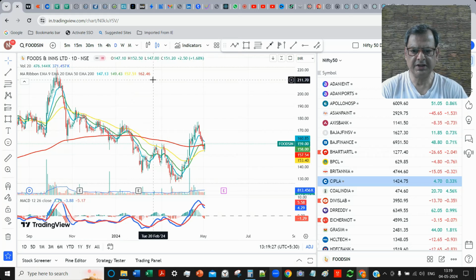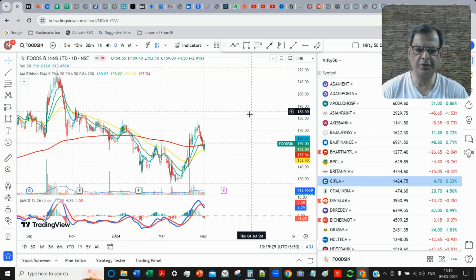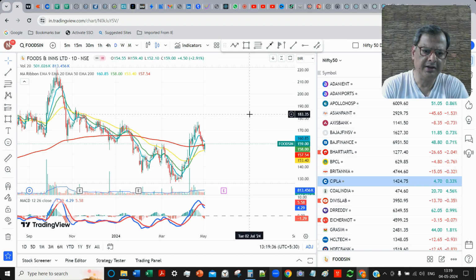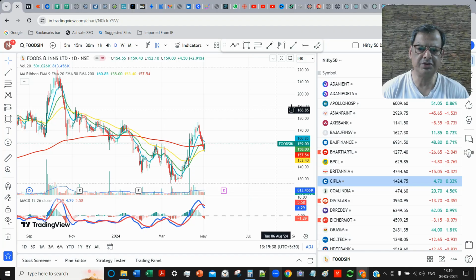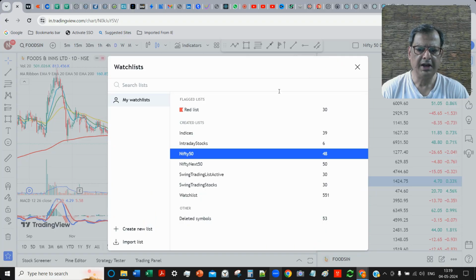So, hello friends, I'm basically going to be showing you how to select stocks for swing trading and intraday trading. When it comes to selecting stocks for swing trading, I basically have a watch list of the Nifty 550 or the Nifty 100 or the Nifty 200, and you can also basically add these stocks in your